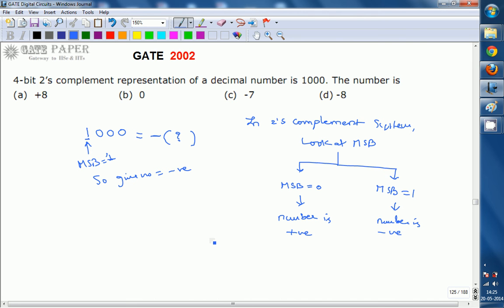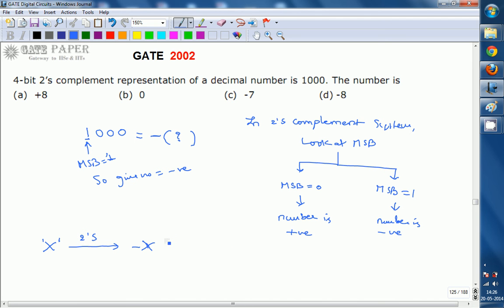Look at this. Generally, let us assume x is a number. If you take the 2's complement of this, what you get is minus x. The 2's complement of a given number is the negative of that number, so x will be converted into minus x if you take the 2's complement of x. X is a positive number and minus x is its 2's complement, the negative of that number.